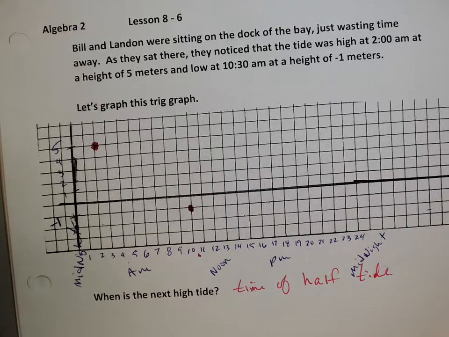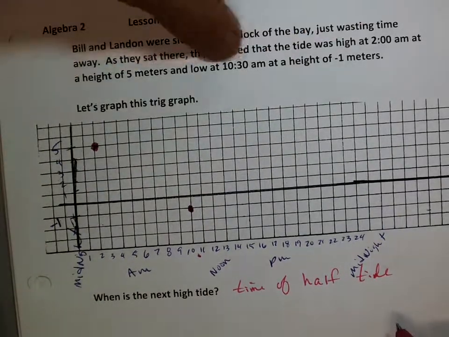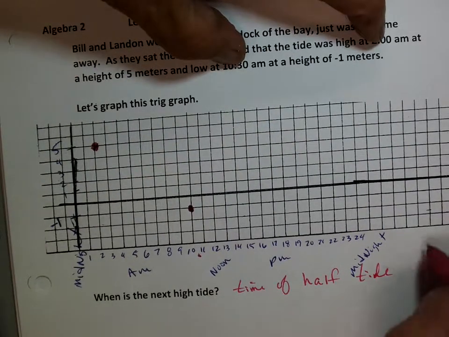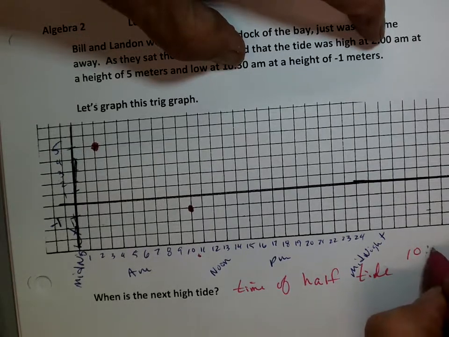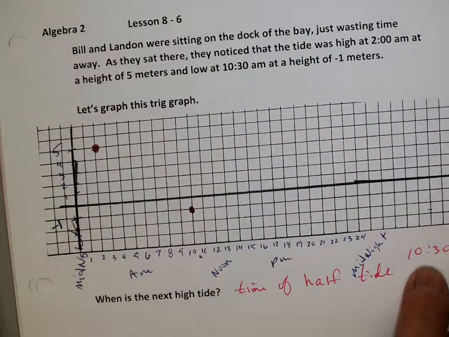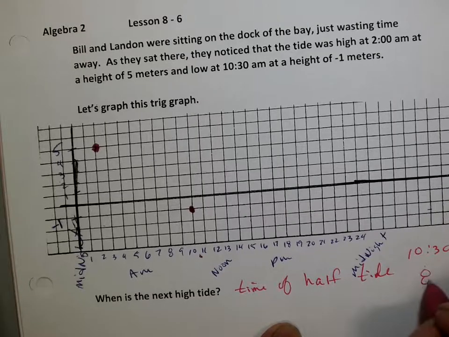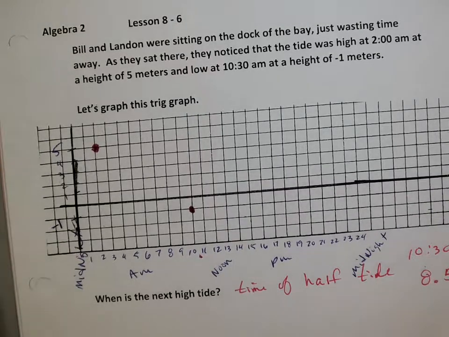Okay. So when I call it a half tide, I'm talking about from high tide to low tide, right? Does that make sense? So that's from 10:30 to 2 o'clock, should be what, 7.5 hours? 8.5 hours, right? So 8.5 hours is a half tide, right? So if I want the full tide, I'm just going to double that, right? So full tide,